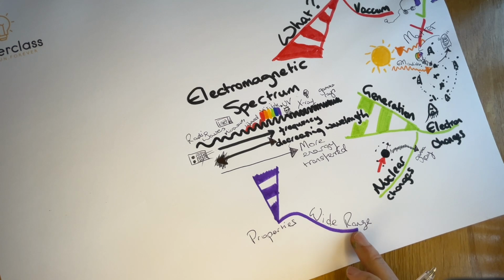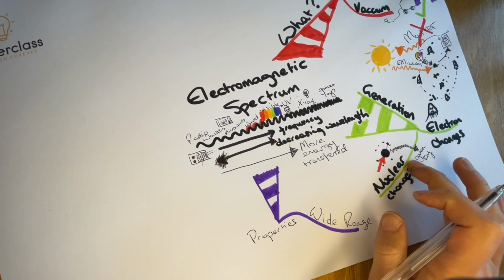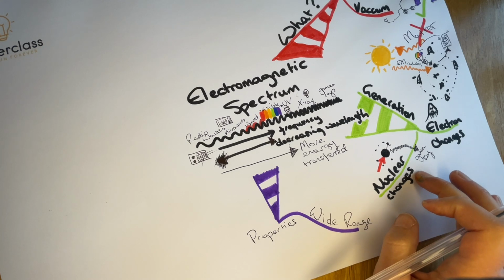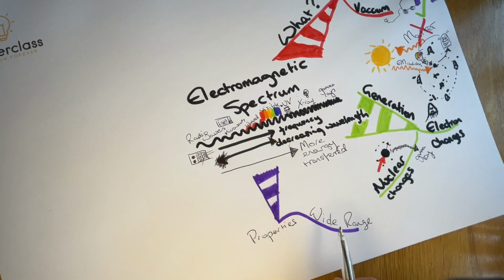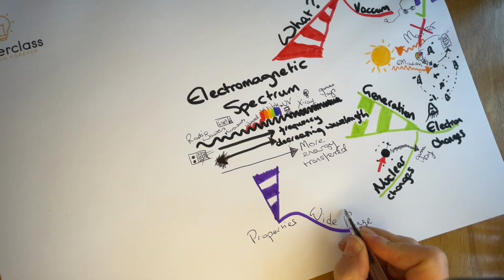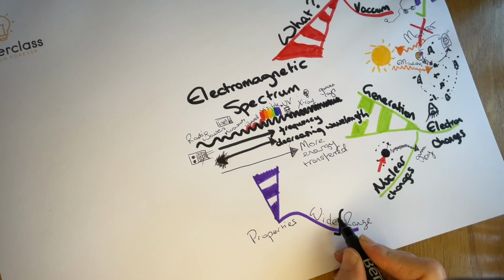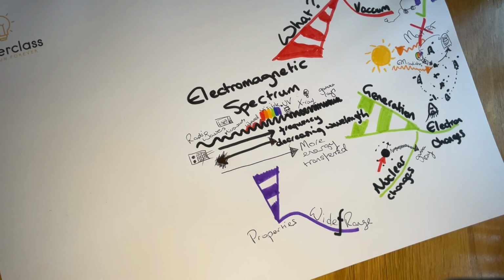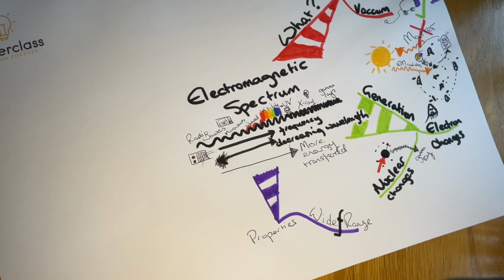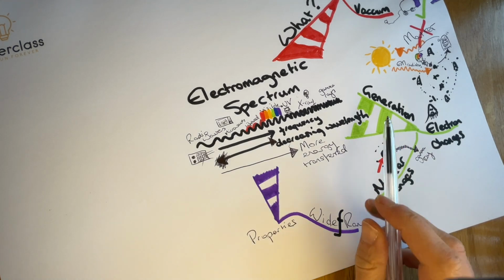So I want you to remember that changes in atoms and nuclei can generate radiations over a wide frequency range. Maybe we'll put a big F here. That's our frequency. Changes in atoms and nuclei generate radiations over a wide frequency range and can be caused by absorption of a range of radiations. So if we come back up here,